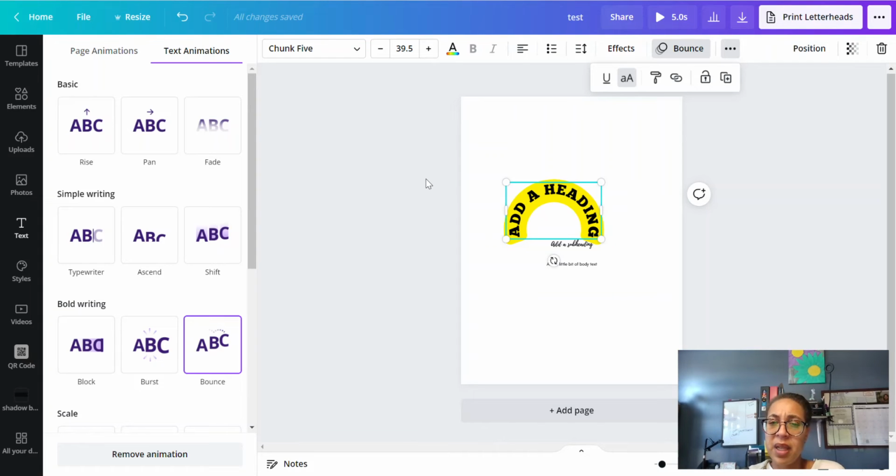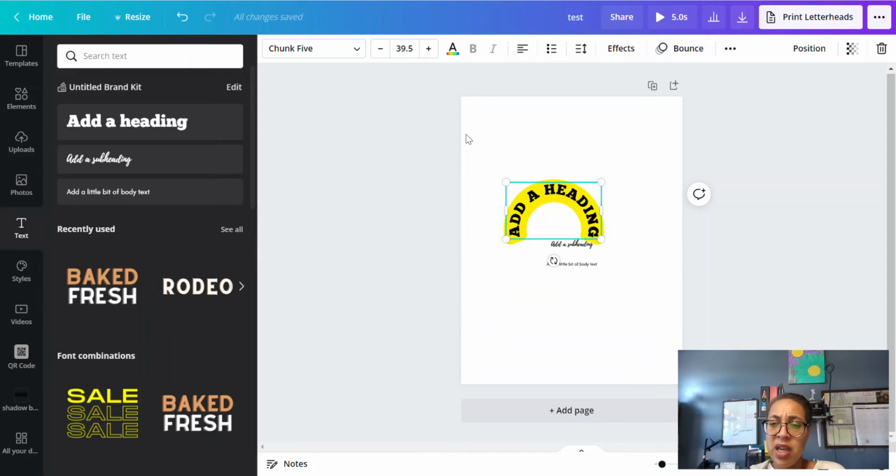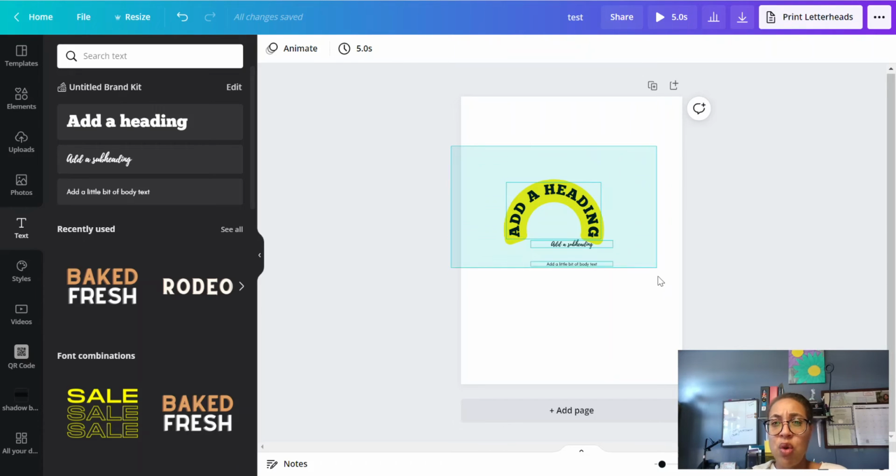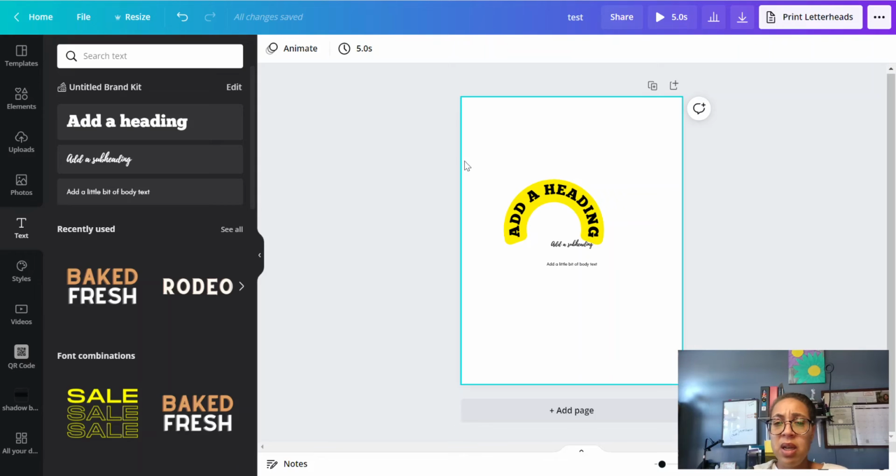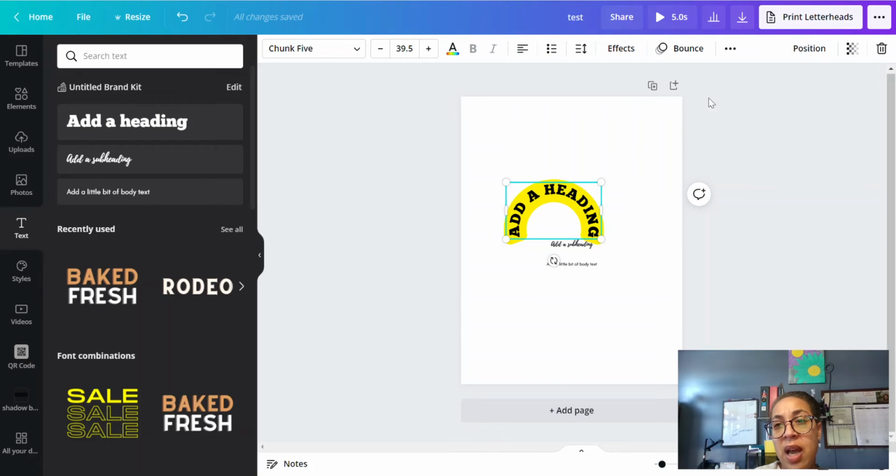because Canva's weird because you don't even have to, all you have to do is touch it. You don't have to have the whole thing selected. Like in Affinity, you have to select the whole entire box in order to select something like that. So if I was just to hover over a little tiny section, it wouldn't even highlight that, add a heading. But in Canva it does,